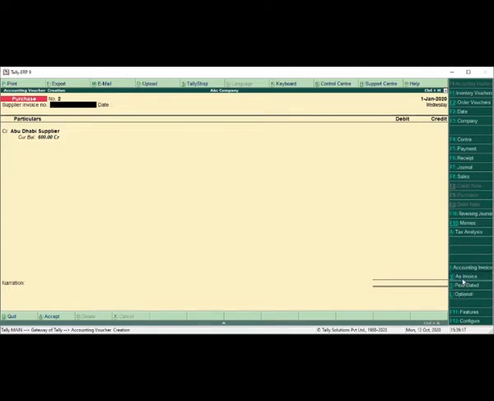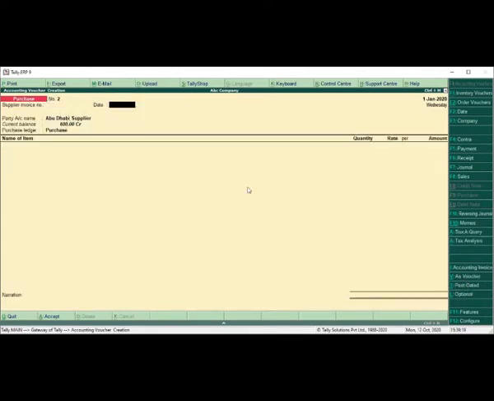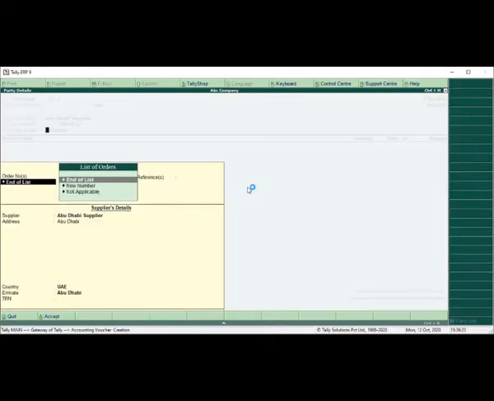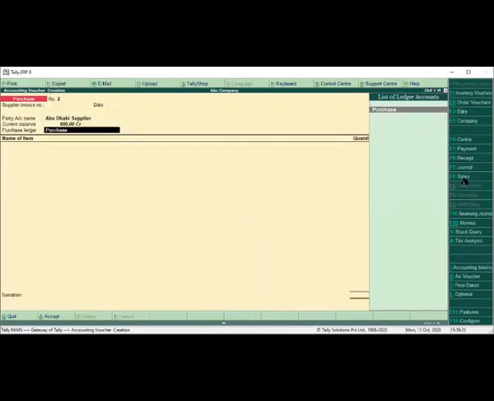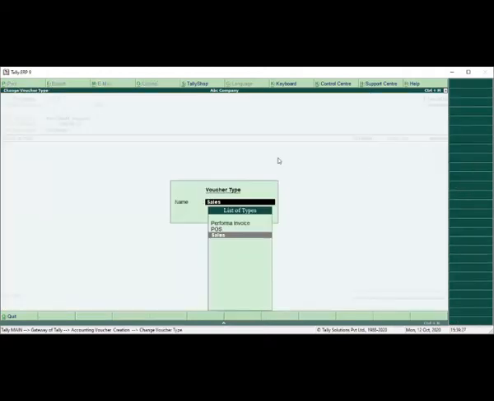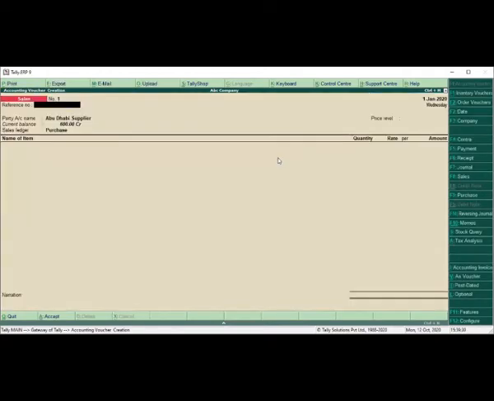Coming back to the item invoice mode, here you can record the transaction. Let's say I'll record one sales invoice. Now you are recording from 1st of January, and you will start one new financial year.